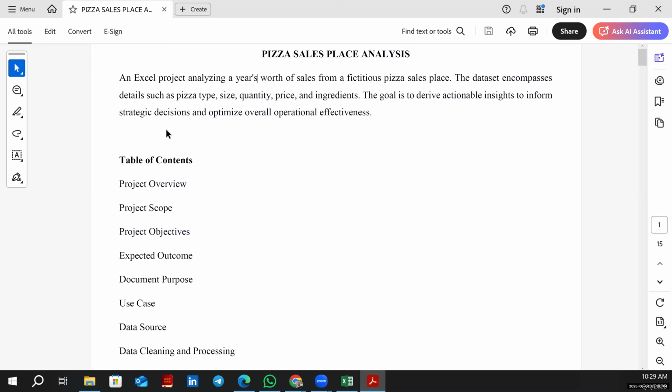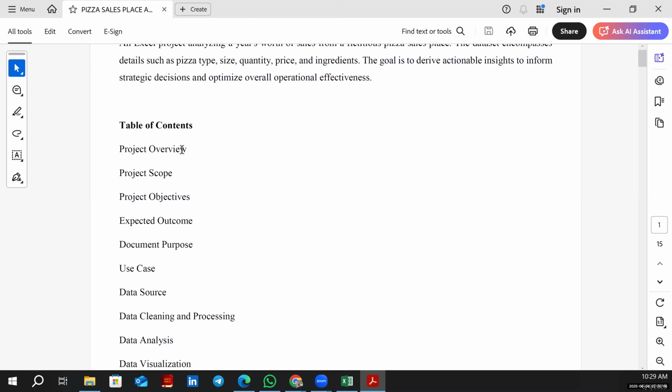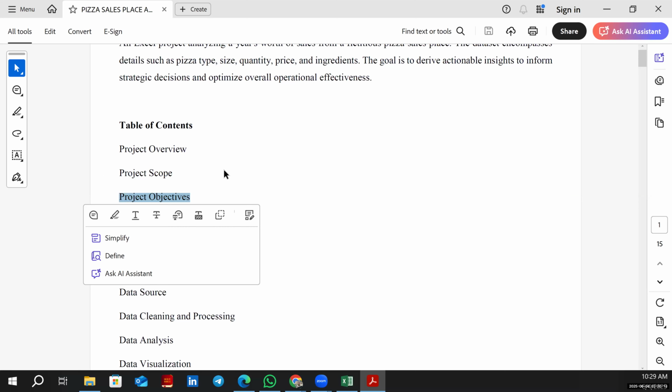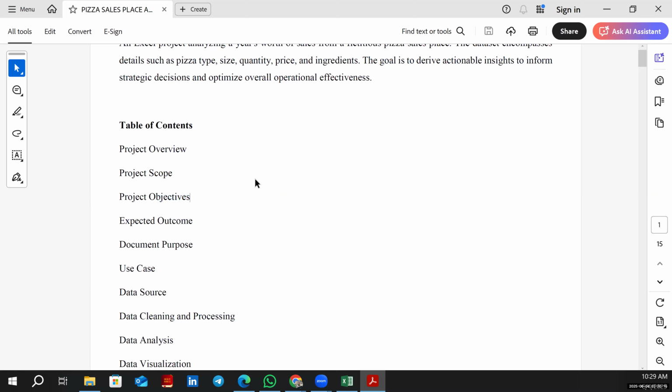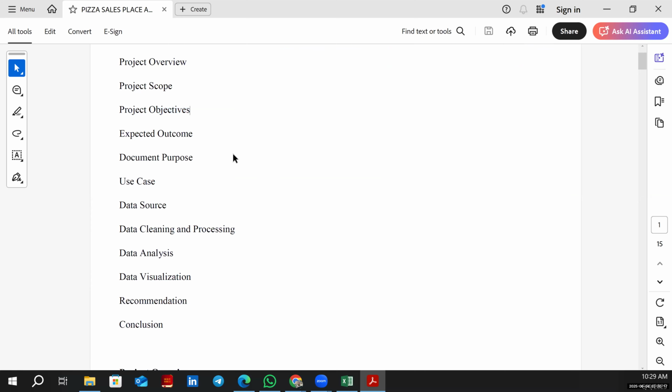Now, afterwards, I went to my table of contents. Project overview, the scope, objective, the expected outcome, document process, purpose, use case, data source, data cleaning and processing, then my data analysis, my visualization, my recommendation, and conclusion. Because what I want to do is, at the end of the day, somebody is requesting